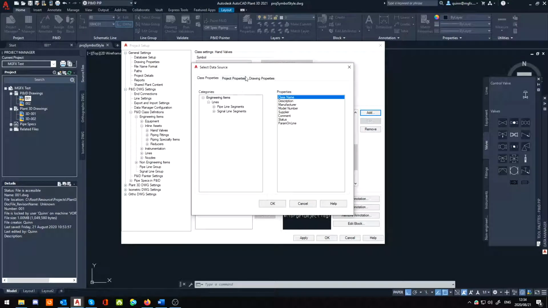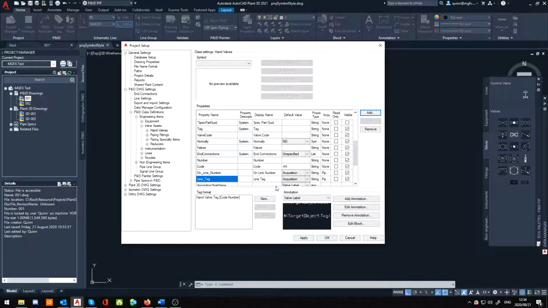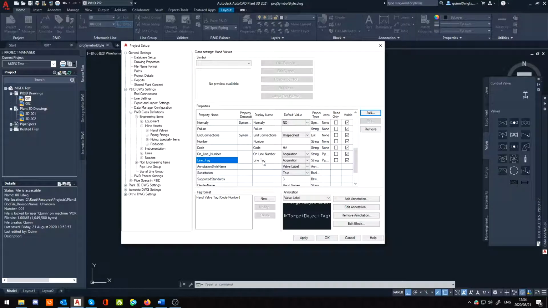It's going to ask you to select the data source. We're going to select the pipeline segment, and tell it we are looking for the tag of that pipeline segment, and click OK. Now you can see I've added my new one, line tag, display name is line tag, and it's an acquisition rule. It's a string, don't worry about that. Just make sure that visibility is checked. When we click OK,